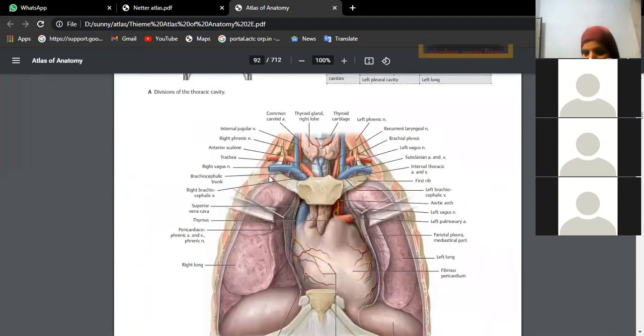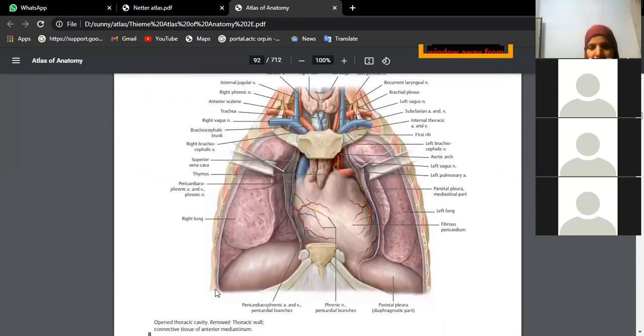Now, as soon as the rib cage is opened, see how it is opened. One cut is given at the manubriosternal joint. At the mid-axillary plane, all ribs are cut, and lower down the rib cage is also cut and it is just removed like a dome, like a cap. The rib cage is now kept aside. So now you are exploring the thorax. Once you remove this rib cage, you will see two lungs, and in between, the heart.